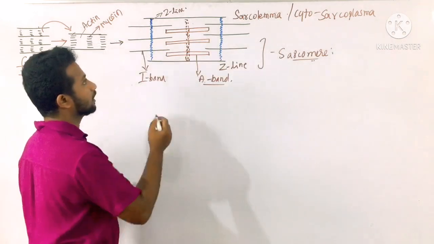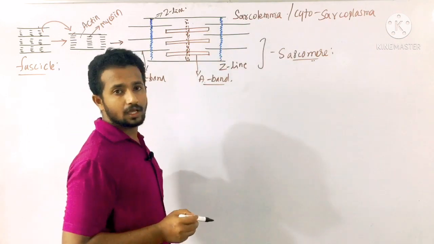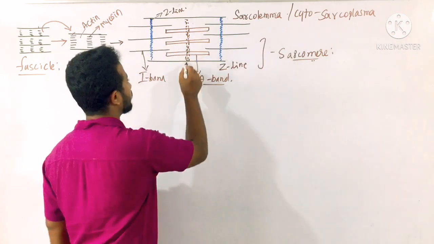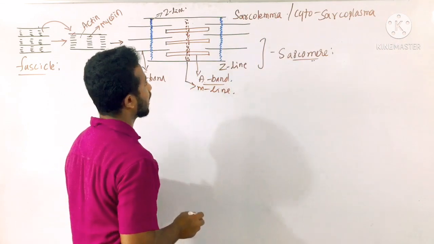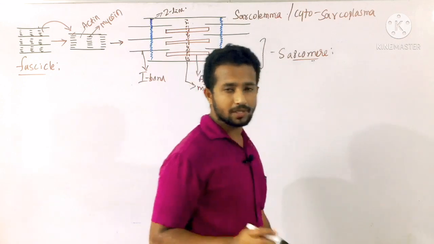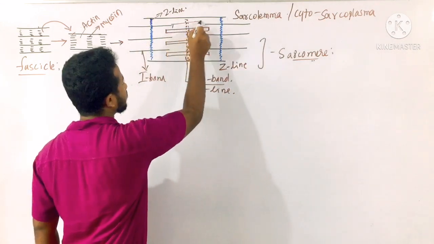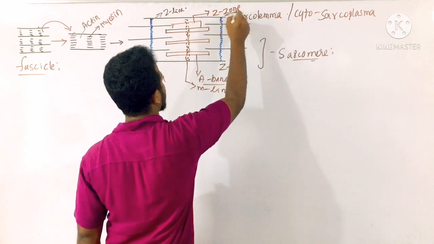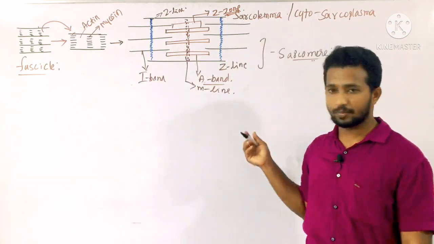And even the myosin, the so-called dark band, is also supported by fibrous tissue or a fibrous membrane, and the fibrous membrane is called the M line. And there is some area which is not overlapped by the actin filament, and this much of myosin, this portion is called the H zone. We have seen all these aspects in the previous class.